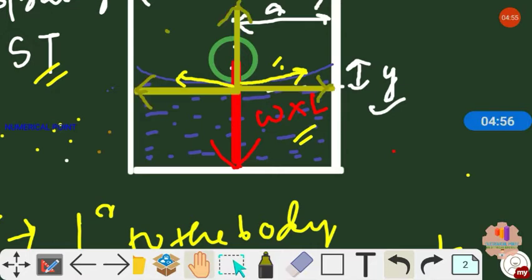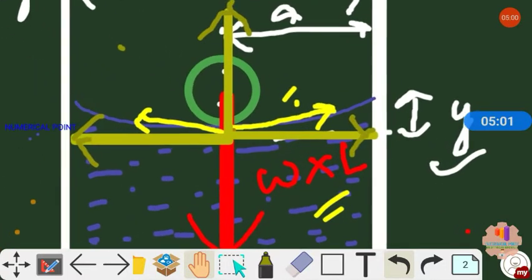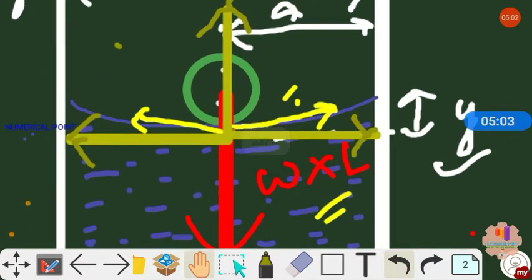Okay guys, now I have shown the components. Now let's analyze it perfectly. This is the surface tension force, and its horizontal component will be this one and its vertical component will be this one. And this is the second surface tension force that acts on the left side. Its vertical component will also be in this direction and its horizontal component will be in this direction.